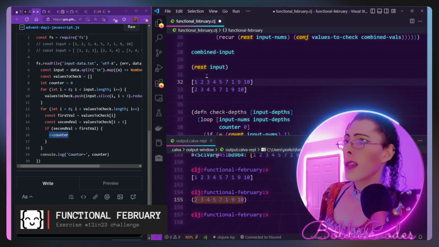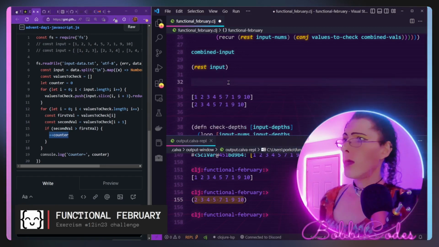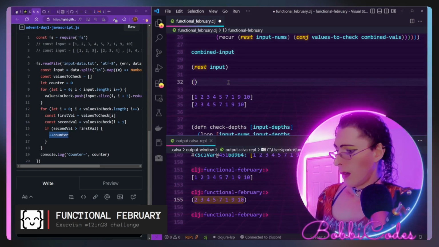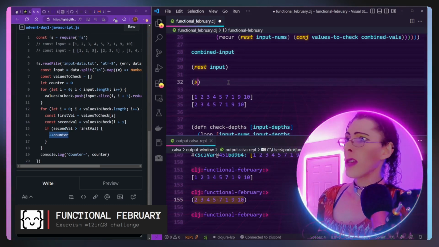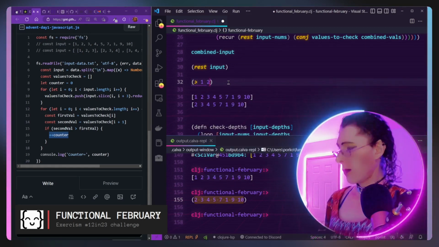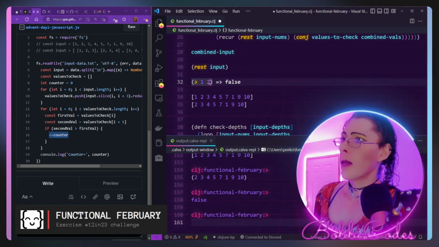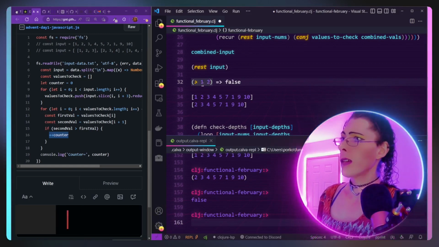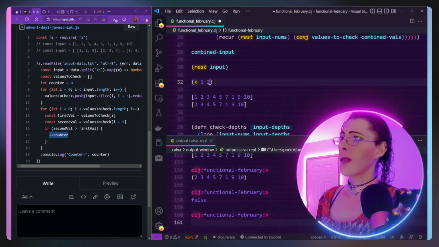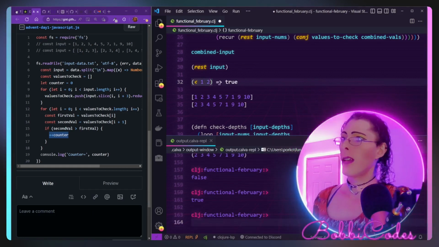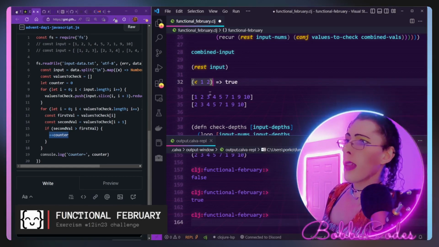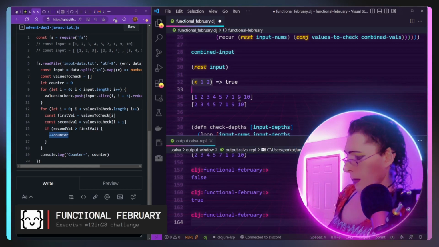The first would be 1 and 2, and we would just see which one is bigger. We want to find out if, actually the other way, if the second one is bigger, so that would be true. And we need to do that with all of these, and that is where